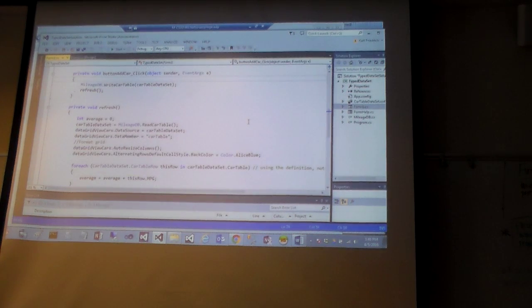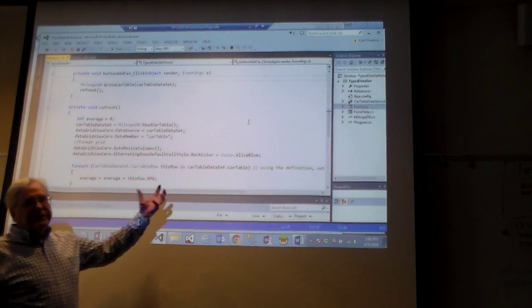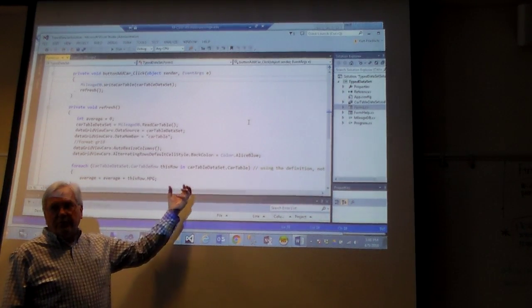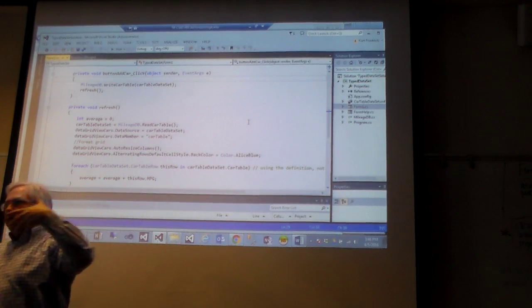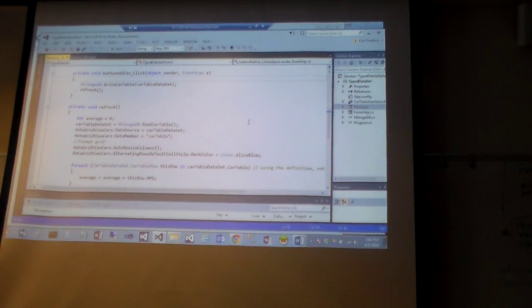This program, as programs really should, does not have the SQL code stuck right in the form program. You should always separate things into as many small classes as you can. So you have isolation, bug isolation, and you have better reuse. So this has a class over here that I added called